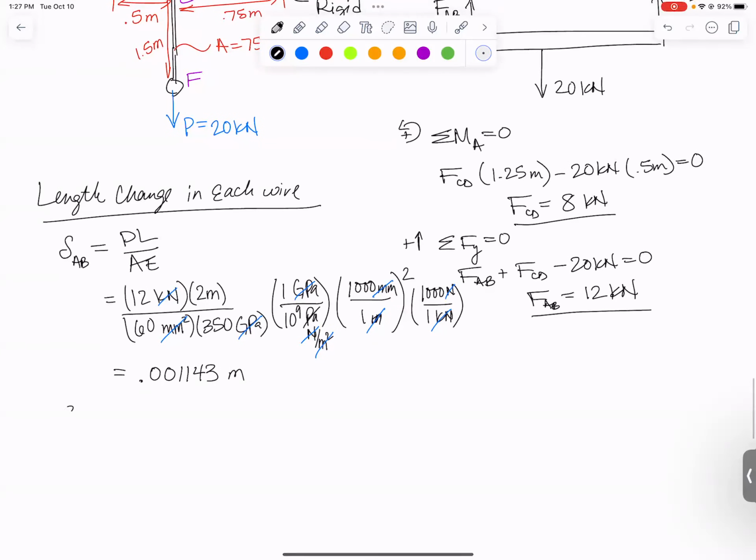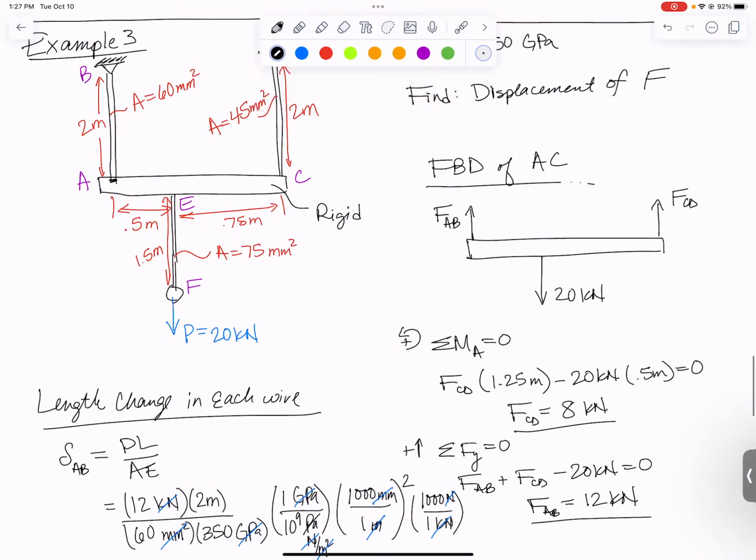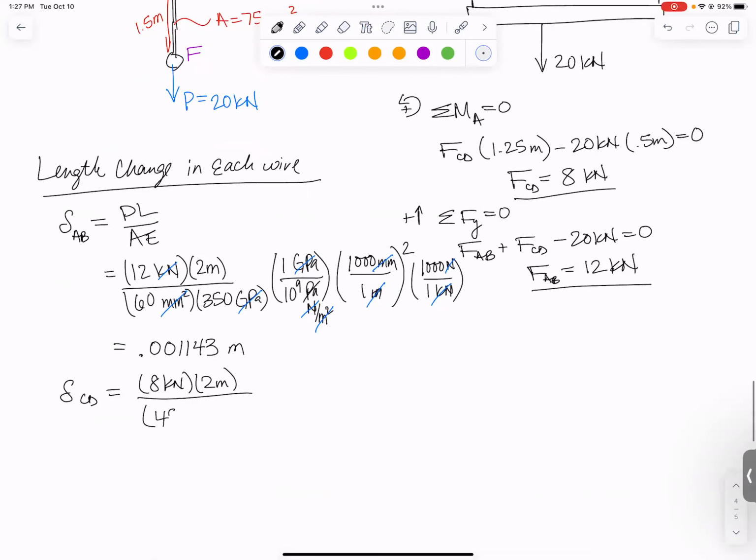Same process for CD. It's PL over AE. The force in member CD is 8 kilonewtons. Its length is 2 meters. Its area is 45 millimeters squared. And it is also 350 gigapascals. Run that through the calculator and we get